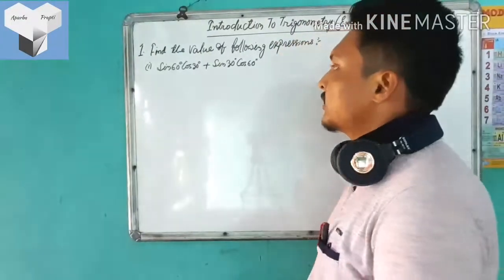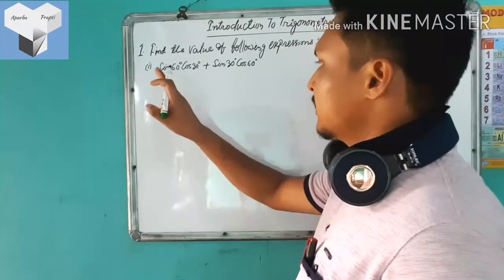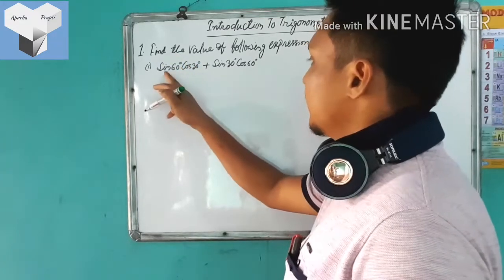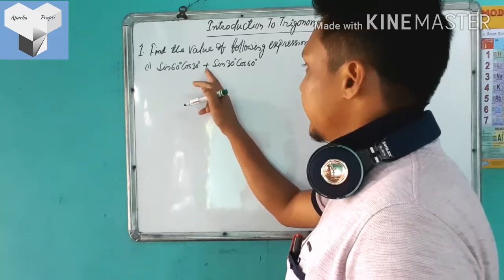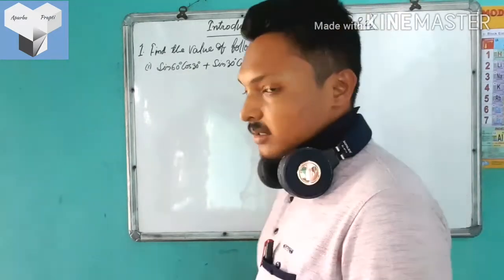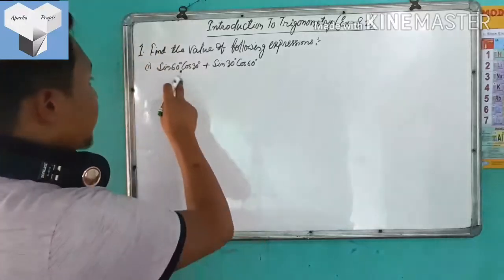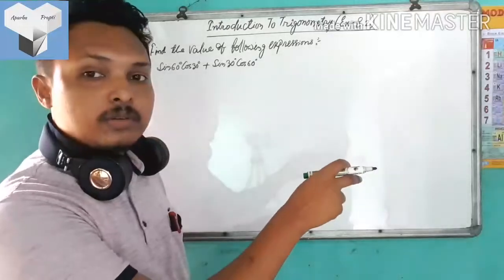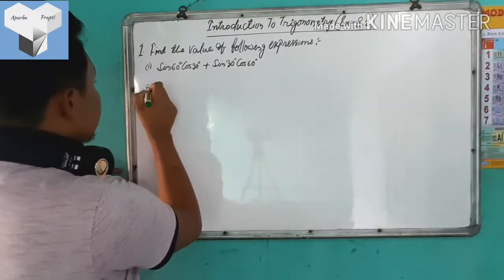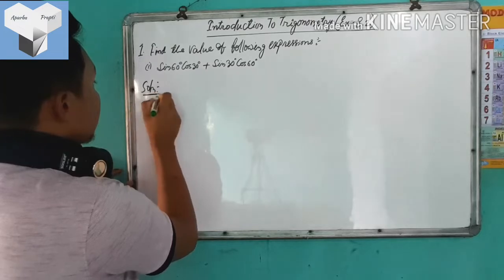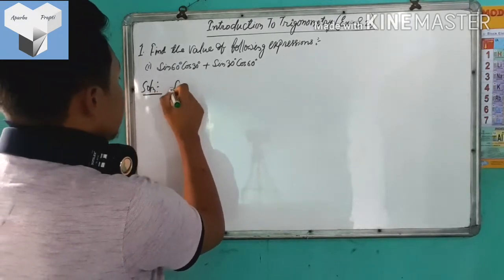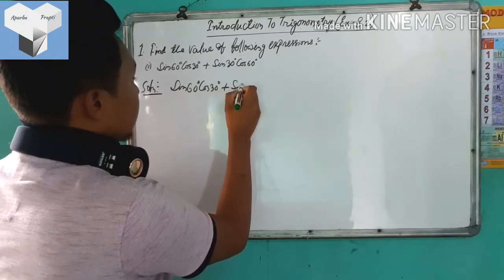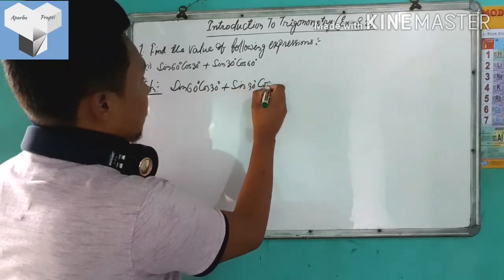So guys, the first question from exercise 8.2 states that we need to find the value of this expression, that means sin 60 degree into cos 30 degree plus sin 30 degree into cos 60 degree. So simply in the solution we shall put the values of these ratios that we have evaluated in our last episode. Just check back on it. In the solution we shall write in this way: the given expression is sin 60 degree cos 30 degree plus sin 30 degree into cos 60 degree.